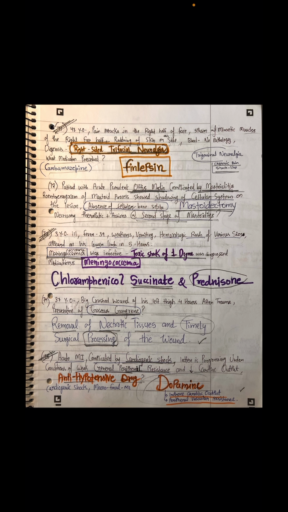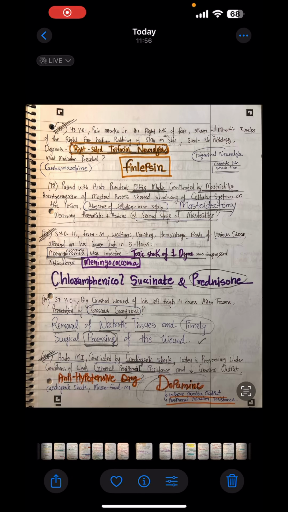So we are having no problems after doing mastoidectomy. So the patient will be able to live a normal life without further complications. So next, patient 73, I have explained it already, that in the meningococcemia, when toxic shock of first degree is